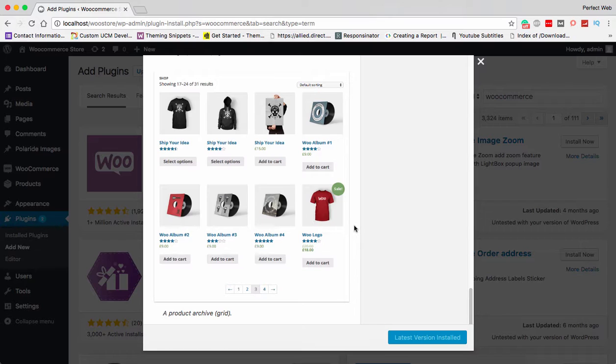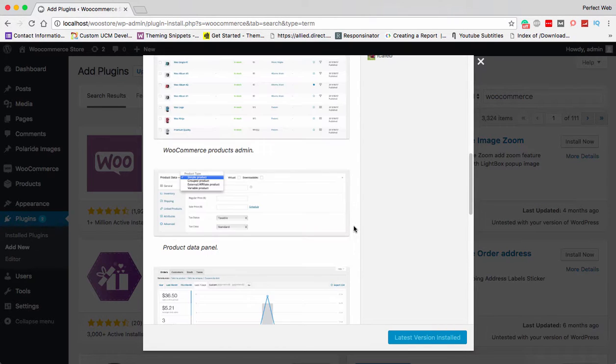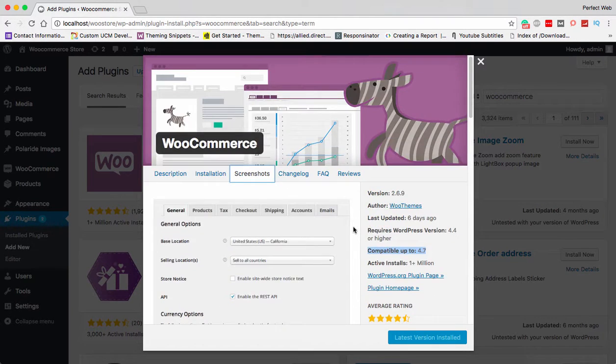Okay, before I continue, let me tell you one more thing. If you are looking for a particular plugin and you found it on the repository, you must make sure that it's recently updated, or if it's not recently updated, it must require the WordPress version which you are currently using, and it should be showing compatibility, because some plugins are outdated and they can malfunction your website, or they can create, I must say, a problem for your website. So it's better to avoid installing those plugins. So I'm going to close it.